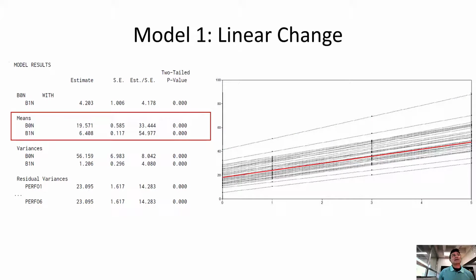The other piece is the means of these values. So the intercept is 19, the slope is 6. So people start off at 19, and for every unit of change, they get 6 higher. So from 0 to 1, that's 1 unit of change, they get 6 higher. From 0 to 3, they should get about 18 points higher. And then 0 to 5, they get 5 servings of the slope. So I'm going to use scoops of ice cream in a little bit to talk about how many servings you get of this slope. And we can see here they get 0 servings of the slope, they get 1 serving of the slope, and then they get 5 servings of that slope.